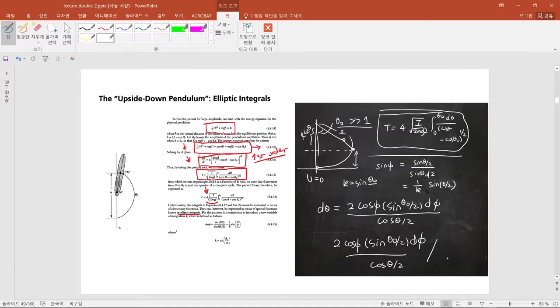Square root 2, sorry, square root 2 sine theta 0 over 2 here in the denominator, and it was 1 minus sine square phi. So this cancels. You have the square root here, sorry. This cancels. So you have here d phi